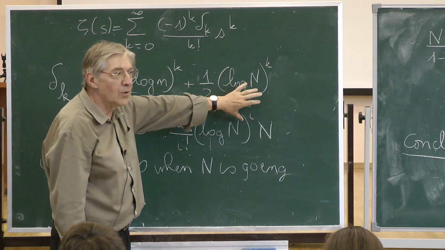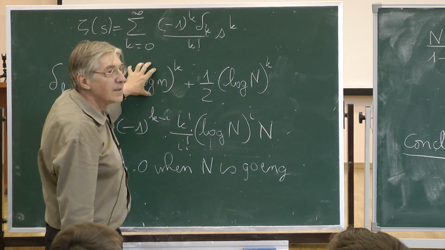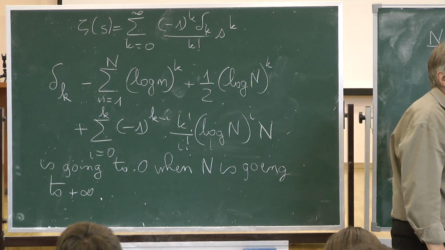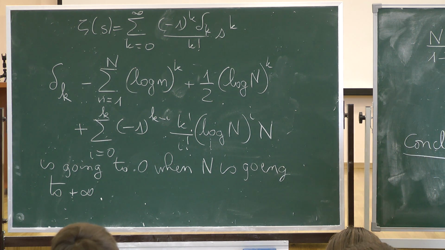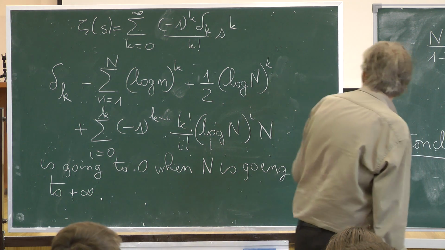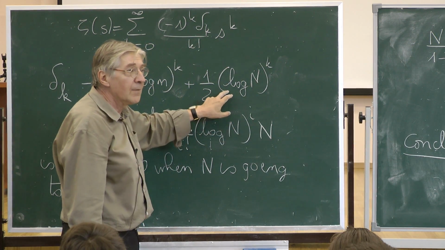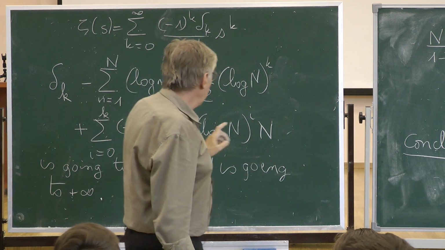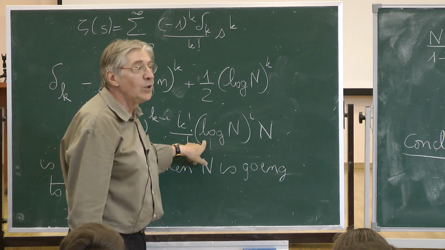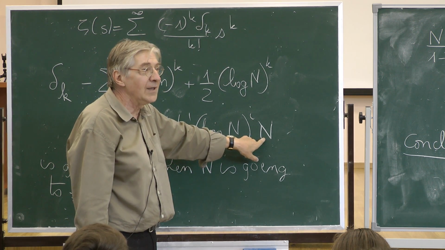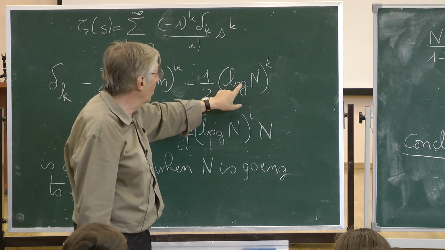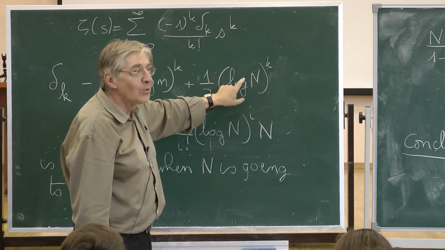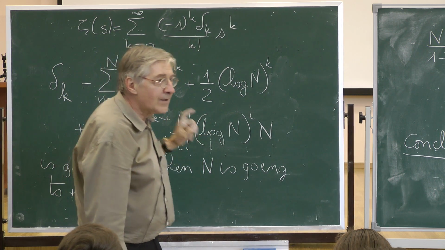I have found a polynomial in n log n, which when I modify this sum, in fact, there is a limit. And this exactly means that the delta k is a regularized value in the sense which I had defined at the beginning. Except that we have to check whether the polynomial that we have here is a polynomial with no constant term. In these terms, certainly you have no constant term because capital N is always involved. There is no constant term. But in this term that you have here, when k is equal to 0, you have a constant term.